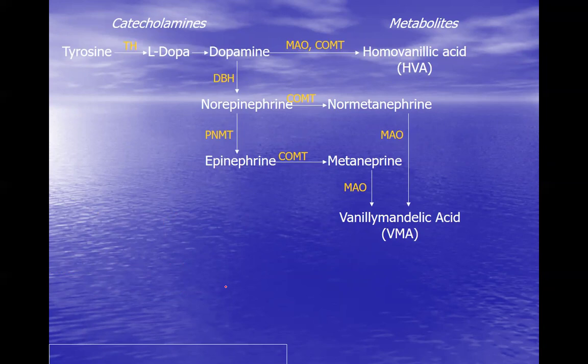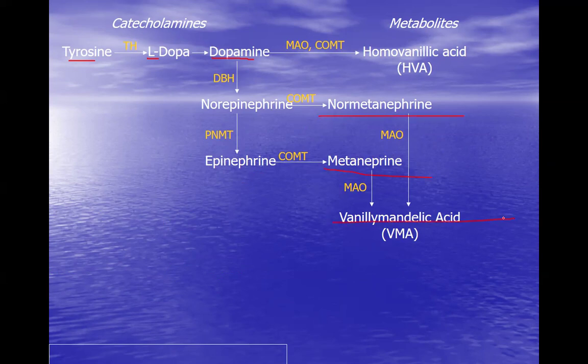So what happens in this? Normally, catecholamines are produced from the amino acid tyrosine under the influence of the enzyme tyrosine hydroxylase. It gets converted into L-DOPA, and L-DOPA is further converted into dopamine. This dopamine is degraded by MAO or COMT into homovanillic acid, and dopamine beta hydroxylase could further convert dopamine into norepinephrine, and norepinephrine is further converted into epinephrine, being acted upon by COMT and MAO, causing release of normetanephrine, metanephrine,